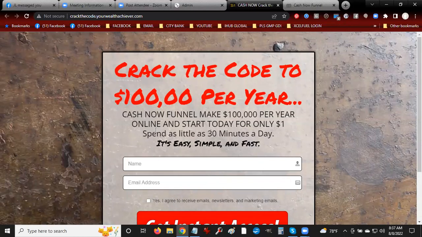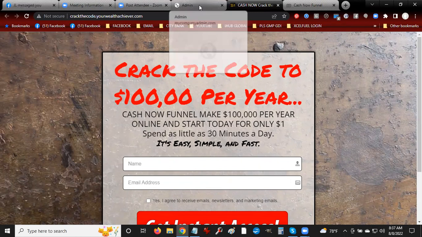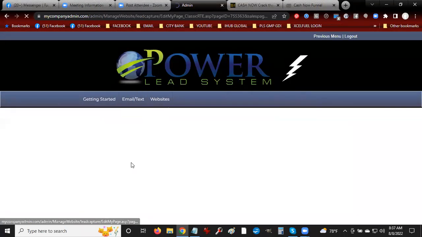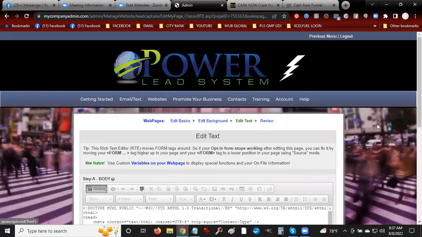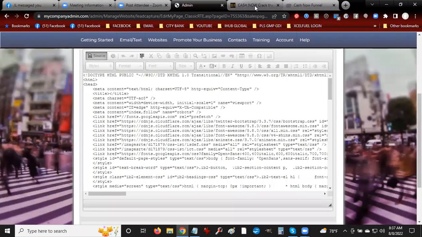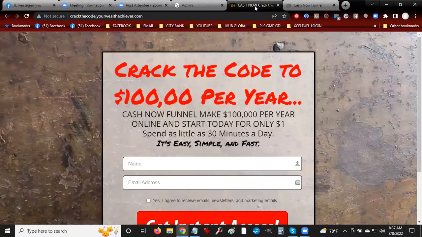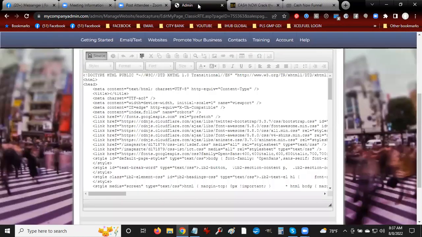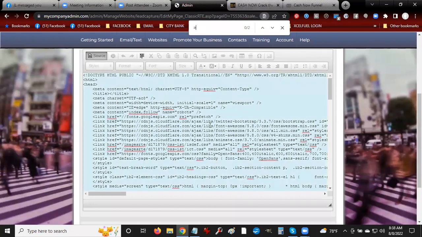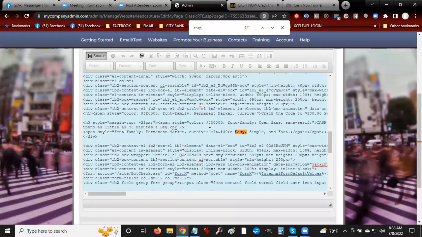It says, spend as little as 30 minutes a day. I'm going to find that code, because now I have to open up the source again. All right, and I'm looking for "it's easy, simple, and fast." So I'm going to click here, Control F, "it's easy." There it is. Now it's using upper code for the apostrophe. So right here, I would take that,